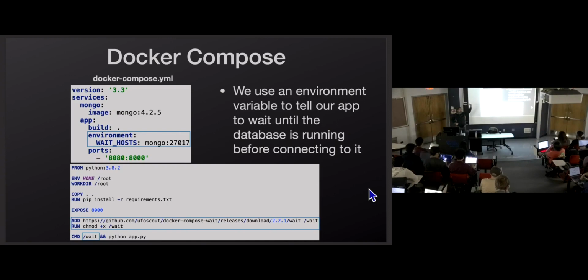And what's one of the first things that your app is going to do? Connect to the database. The database is still going through its startup script. The app tries to connect to the database. It says, database ain't taking connections, crash. Then the database finishes its startup script and says, okay, I'm ready for connections. This is the problem we have to solve. We need our app to wait for the database to start and then have our app start.